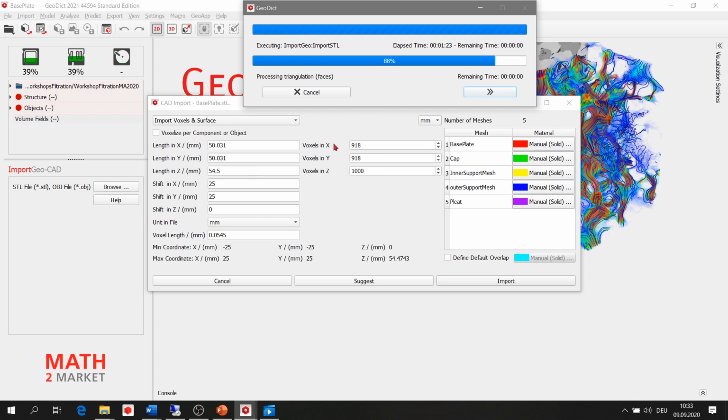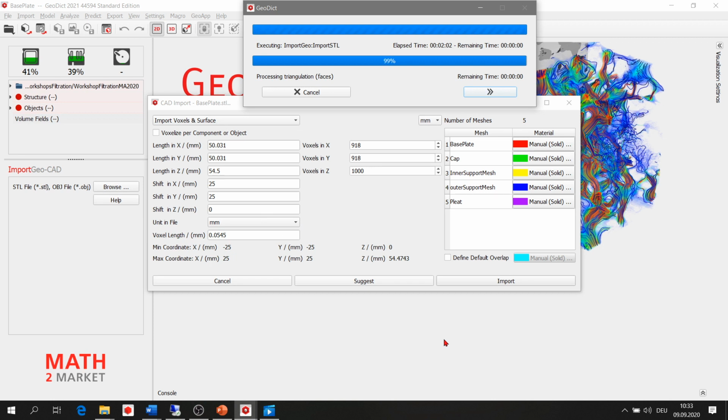Right. One more point, this right side unit is not that important like this one. This is only the unit that you see here, the value. So if you select here the meter, you see these dimensions all in meter. So this is only for visualization of the lengths and the sizes here. But this is the most important thing, that you have to select the right unit of the STL files.